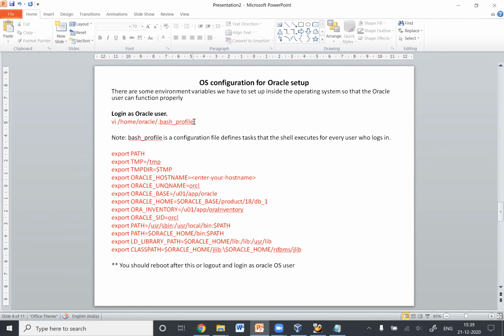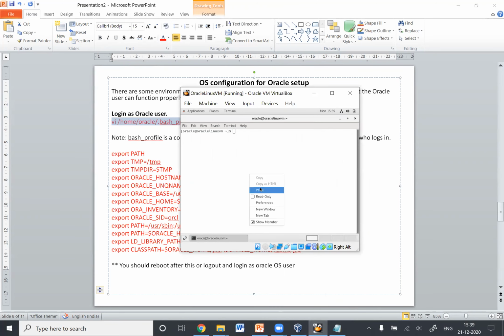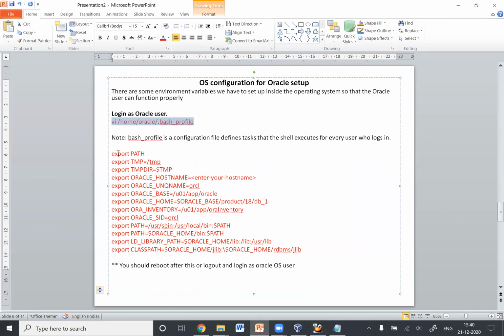So we'll open up this file. We'll copy this command, paste it over here and press enter. Now this file is open. So we'll go down, go to the right, press escape, I, and then press right key and enter. Now we'll copy.